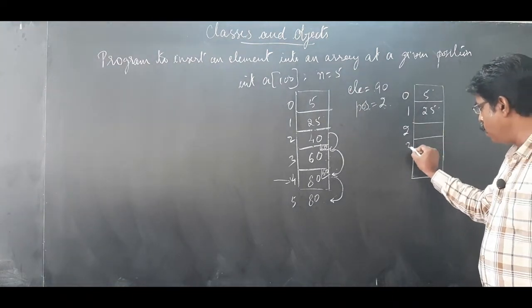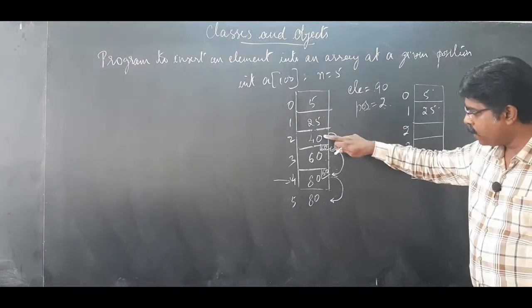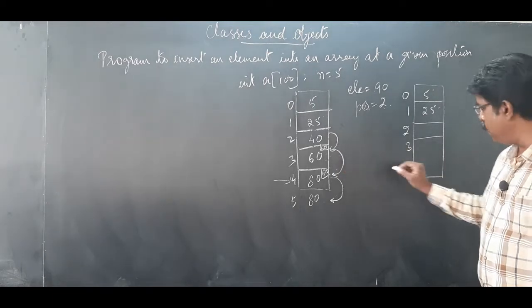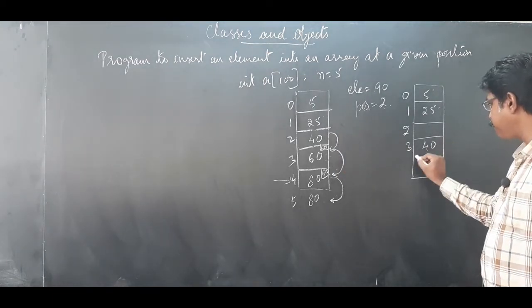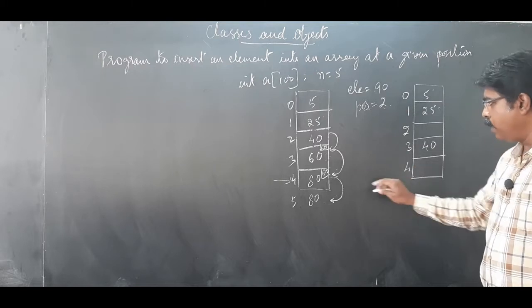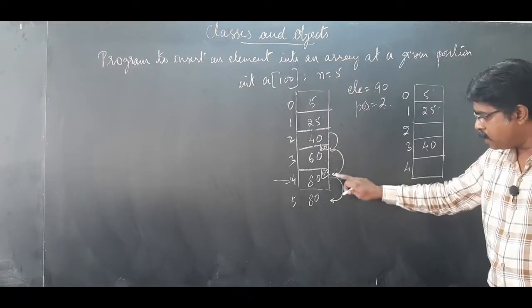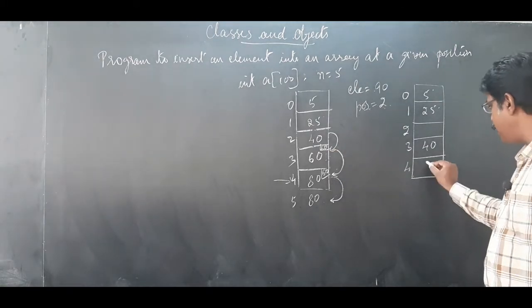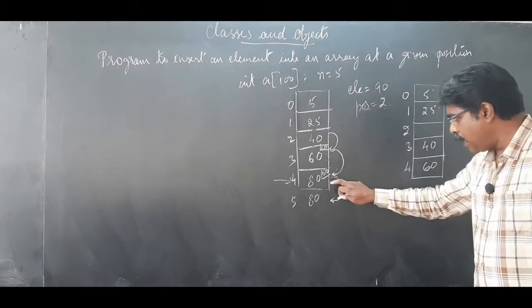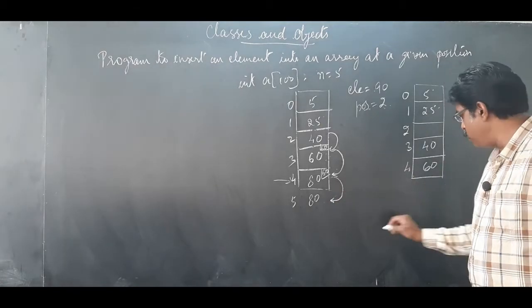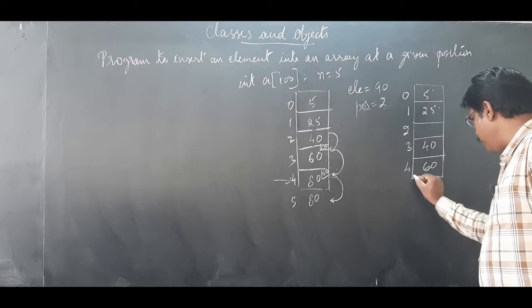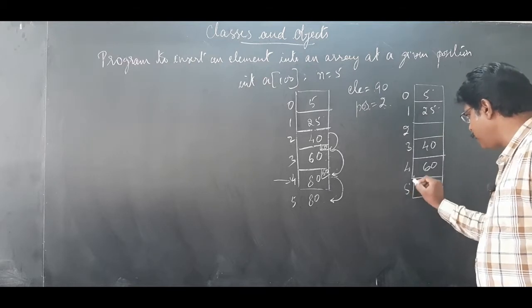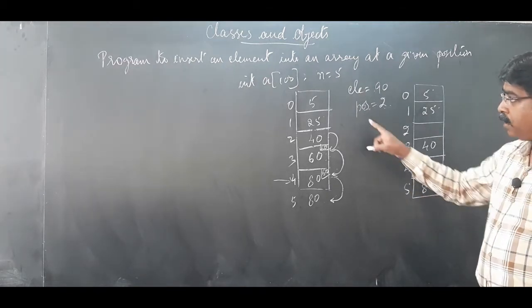Then I go to the third index where 40 has been shifted, I'll take as 40. Next, the fourth index, that is 60 has been shifted to the fourth index. Likewise, the last element has been shifted to the next, that is the fifth index,